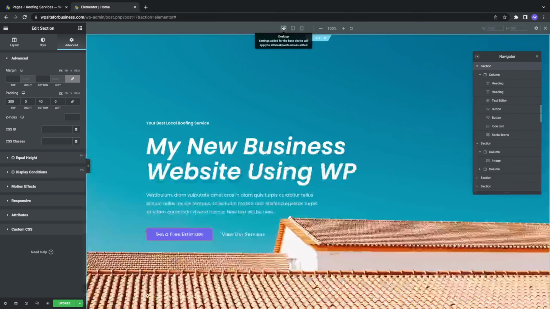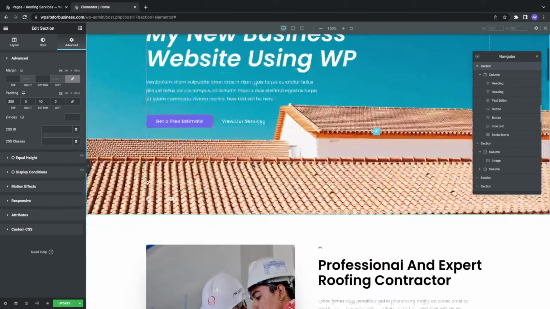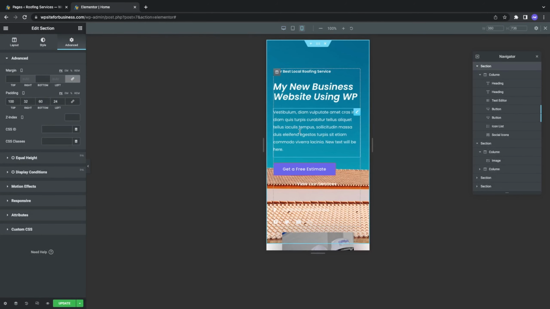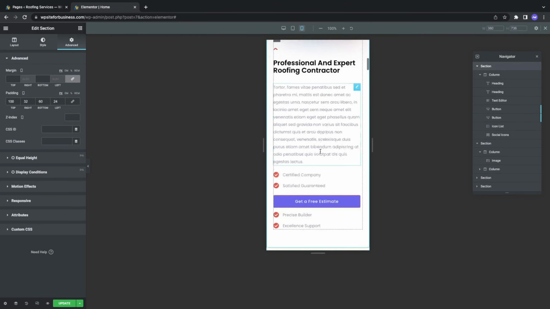So now if we visit our desktop mode, it's already the same and it's not changing with our mobile settings because we have a mobile icon for the padding section. Next, if we scroll down,